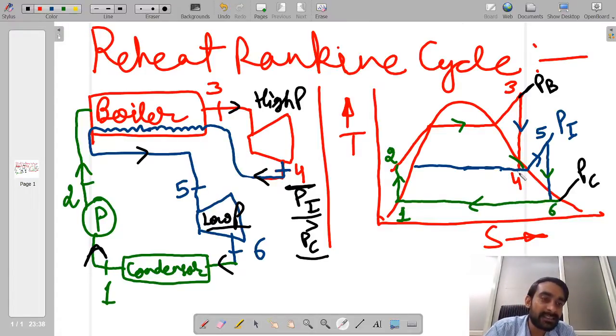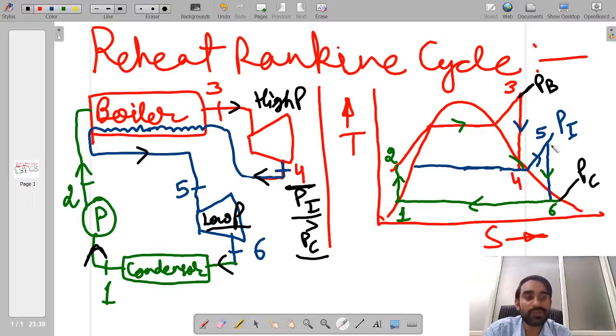So what will be happening? If we pass this steam through the boiler, it will once again receive a certain amount of heat, and because of that, if it is in the wet state, first it will reach the dry stage and after that it will be superheated. Now I have superheated this till point number 5. So this is my stage number 5, and after this point 5, we again pass it through a low pressure turbine, and inside this the expansion process has happened